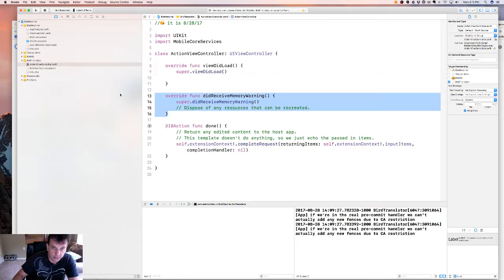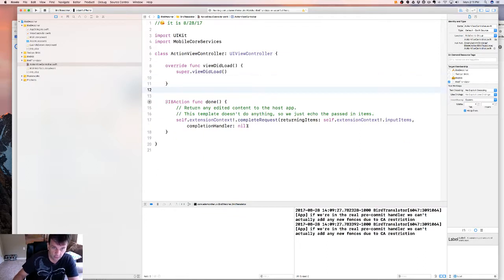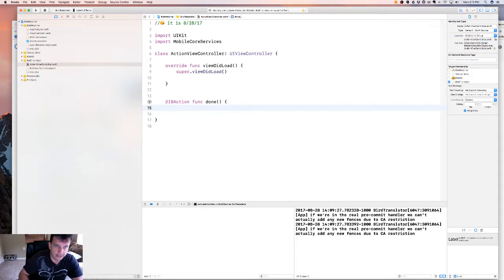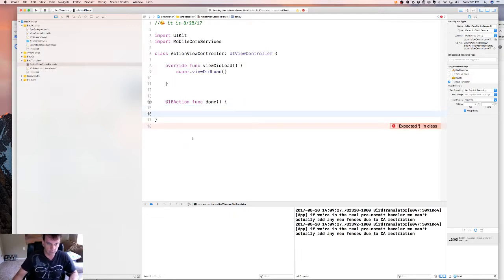Again, we don't need did receive memory warning, and this IBAction here is connected to that done button that we saw on the storyboard a few minutes ago. So we'll handle that. We'll keep that because that's actually useful. We'll come back to that. So our goal here right now is that we want to, when